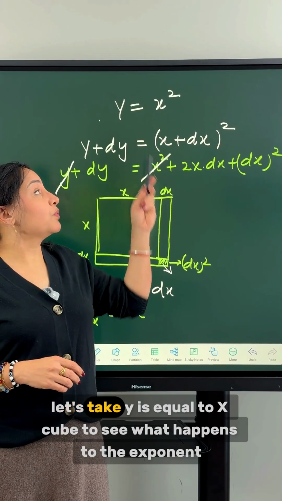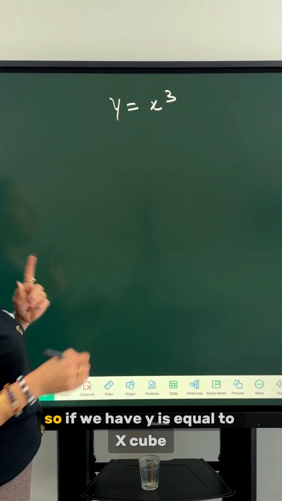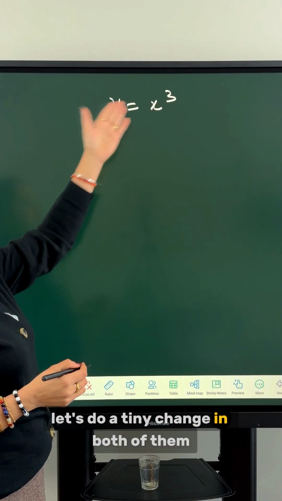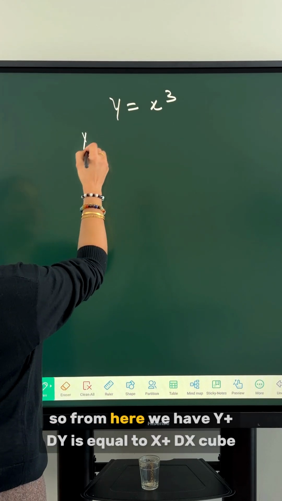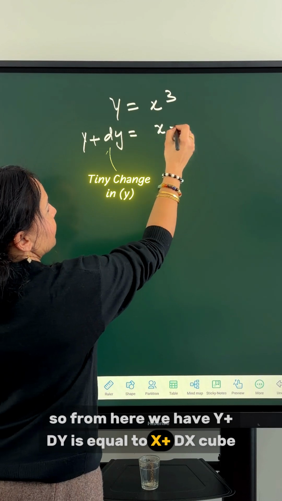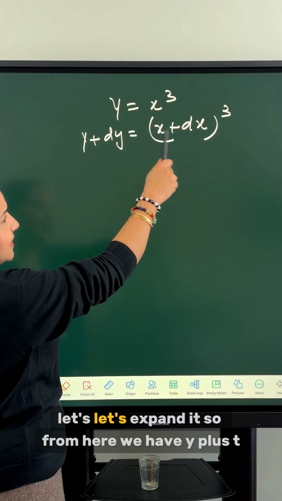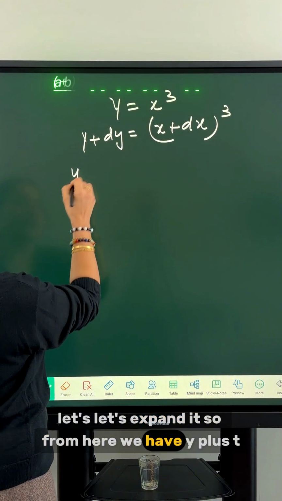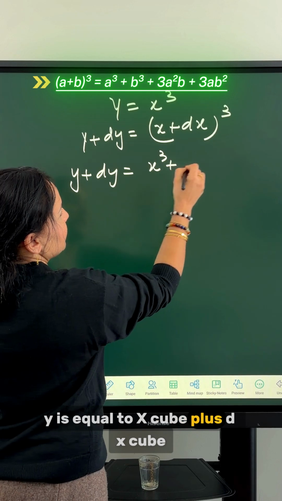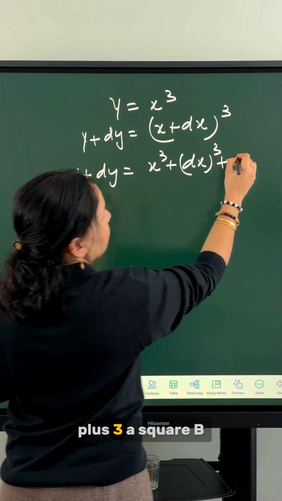Now let's take y is equal to x cubed to see what happens to the exponent. So if we have y is equal to x cubed, let's do a tiny change in both of them. So from here we have y plus dy is equal to (x plus dx) cubed. Let's expand it. So from here we have y plus dy is equal to x cubed plus dx cubed plus